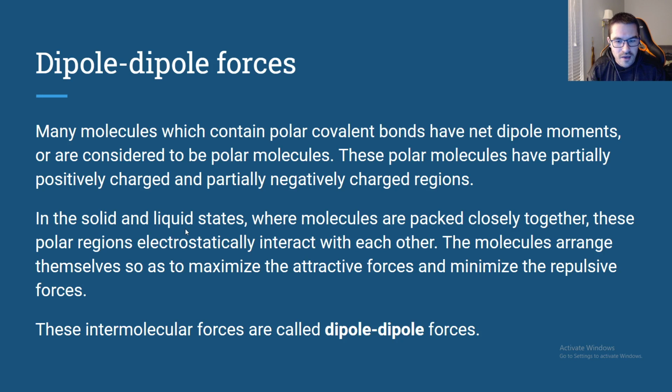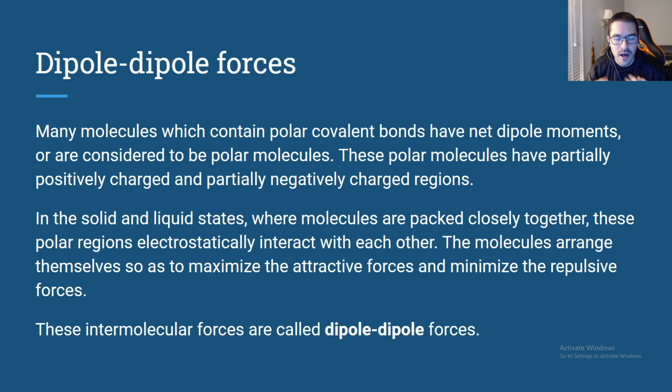In both of those cases, the polar regions of molecules can electrostatically interact with each other, meaning the positive and negatively charged regions can be attracted towards one another, right? Or positive and positive, or negative and negative, can be repelled away from each other, okay? Molecules will arrange themselves in a solid or liquid state to maximize those attractive forces and minimize those repulsive forces,